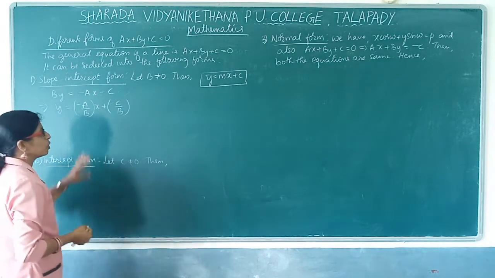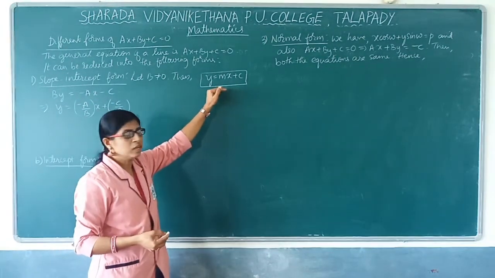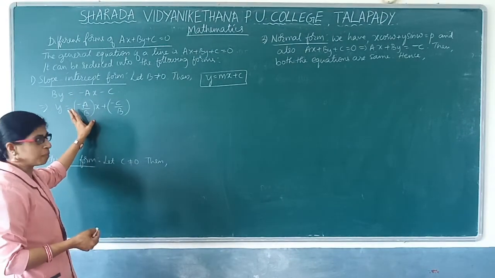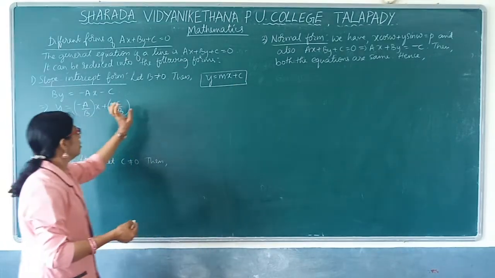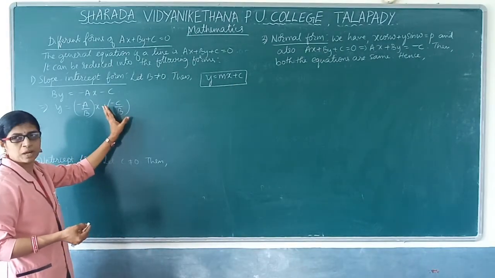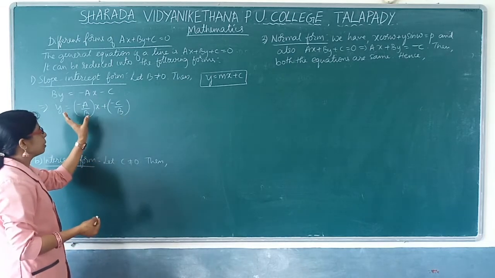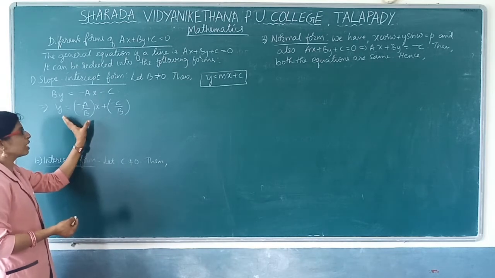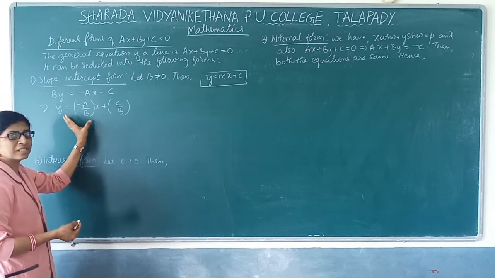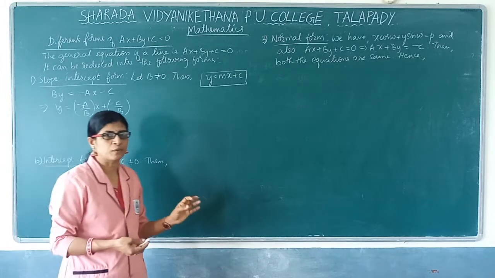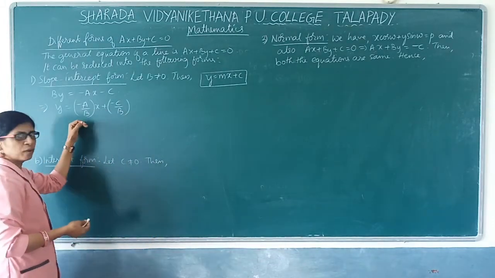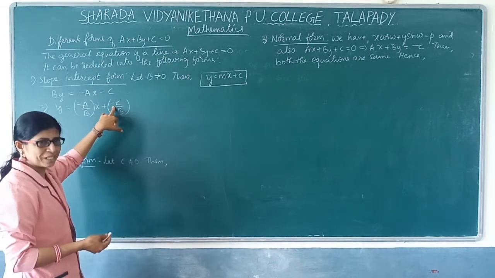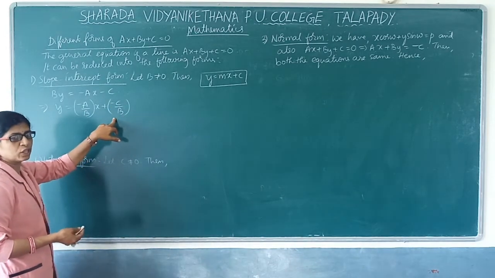So this is exactly the form we have given here. What does m represent here? In this equation, m is equal to minus a by b. And what does c stand for here? In this, c is nothing but minus c by b. So what is m? m is nothing but the slope of the line. So with reference to this equation, slope of the line is minus a by b. What is minus a by b? It is minus coefficient of x divided by coefficient of y. And what is minus c by b? Here c is nothing but the constant and b is the coefficient of y.